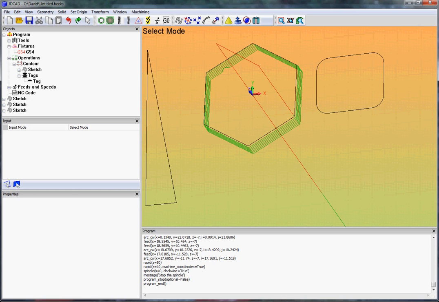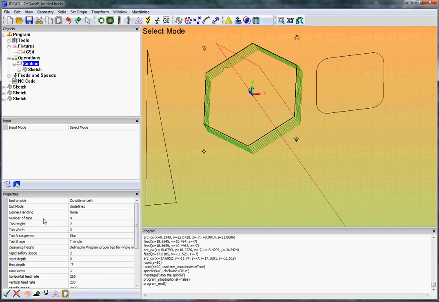I've been doing some work on the tabs for a contour operation, and you can now do tabs both automatically, as we had before. If the number of tabs is greater than 0, then you can get the tab height, tab width, tab arrangement being star, x-axis, y-axis, or regular intervals as normal, and the tab shapes triangular or square. Now, the tab arrangement star, all of these are what I'd consider automatically generated